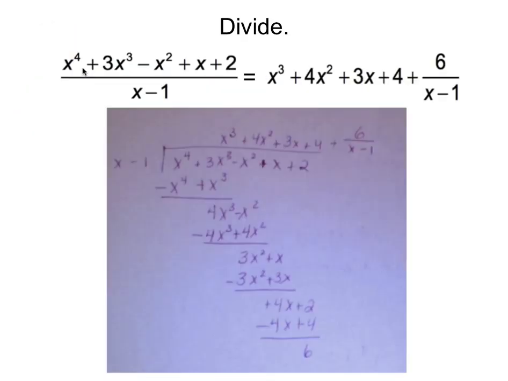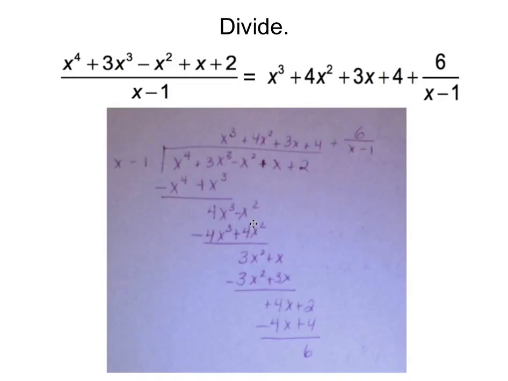Okay, here is the answer. And you'll notice that I set it up with my long division symbol. And I asked myself, how many times does x go into x to the fourth? My answer was x to the third, so I put it up on top. Then I multiplied x to the third times x minus 1 and got x to the fourth minus x to the third. Then I changed the signs and I added, and I got 4x to the third, and then I